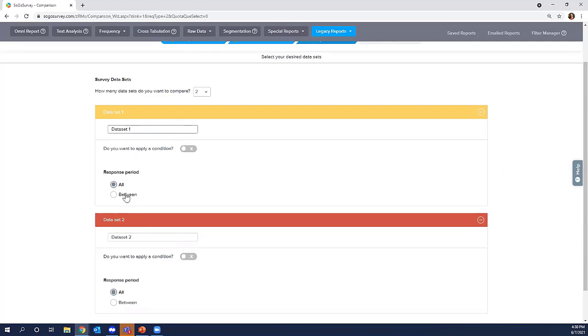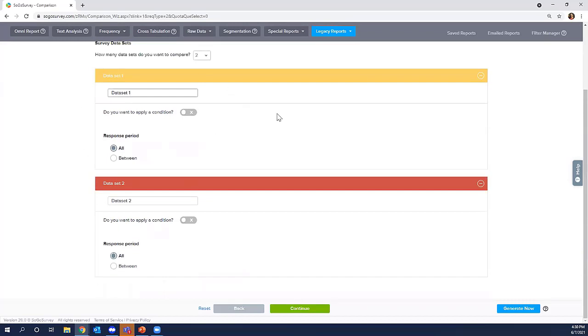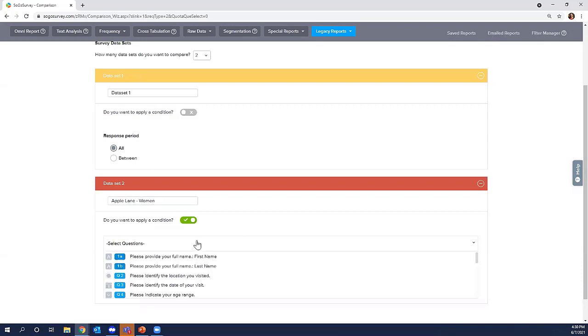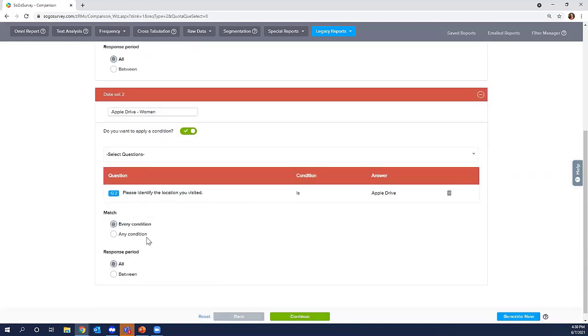So let's say we're comparing the average results overall to people that, we can get really specific here. So let's say Apple Lane, so women that went to Apple Lane. So first I would choose the location is, oops, sorry, it's Apple Drive. And